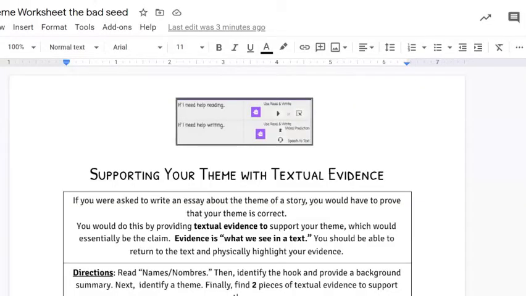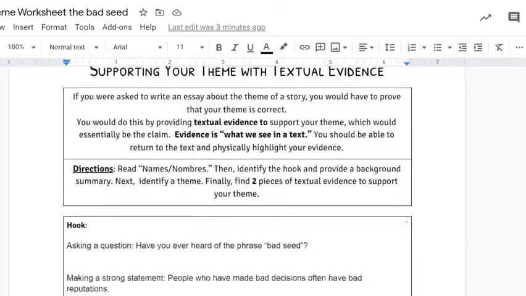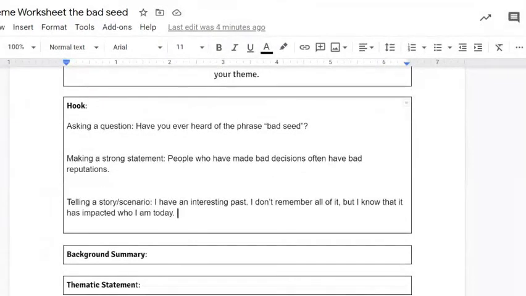All right, now that I've explained a little bit about hook, you guys are going to be looking at the worksheet that you are filling out, the theme worksheet that is your assignment and your end goal for this Google Slides assignment. So we have the worksheet here. Again, you can use Read&Write if you would like. And by this point, you should have watched the Bad Seed example and read or watched through the Names, Nombres again. I just want you guys to understand that you are using both of those texts in this case. So we are moving forward with our examples for hook.